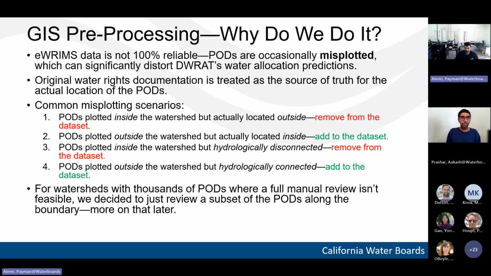But after all those filters are applied, we jump into the GIS pre-processing step. And why do we do this? I'm actually surprised how reliable the eRIMS GIS data is, because I've looked at hundreds and hundreds of these. Based on looking at it, it's about 98% accurate in terms of how things are plotted. But if you have a few high diversion water rights that are misplotted, then that could really throw off the accuracy of your data set. So that's why we go through the points of diversion